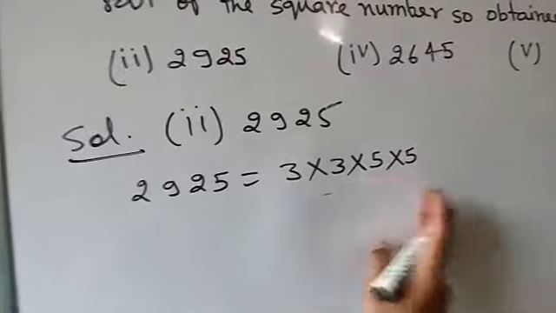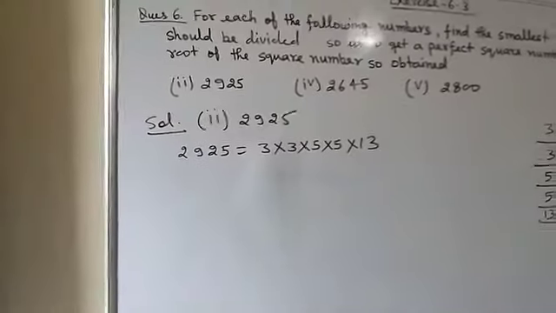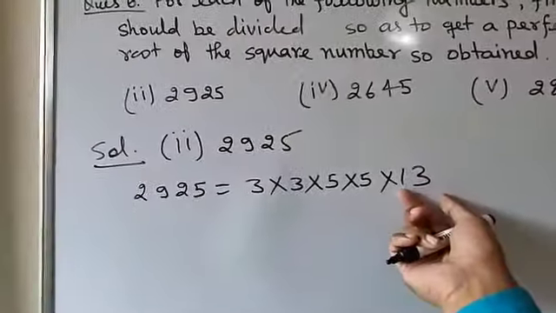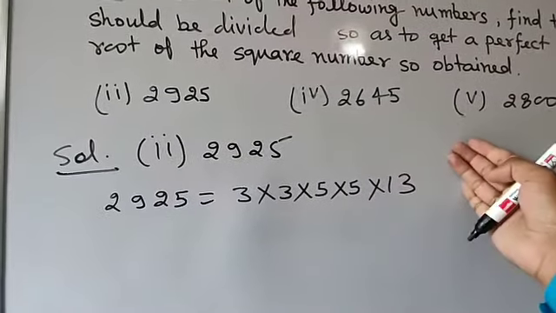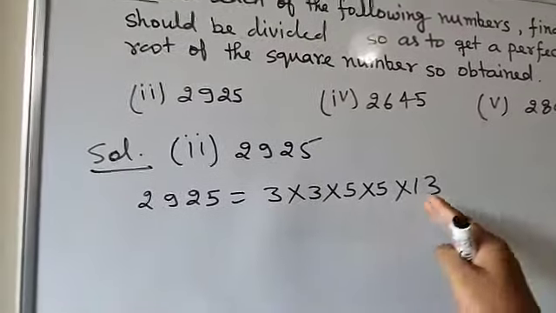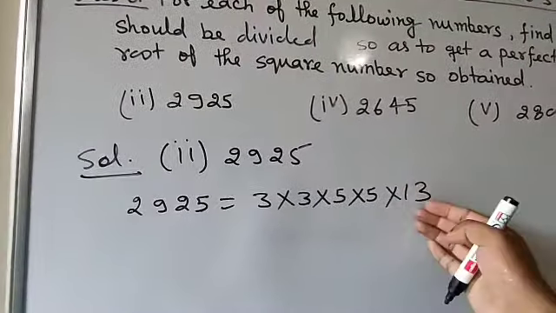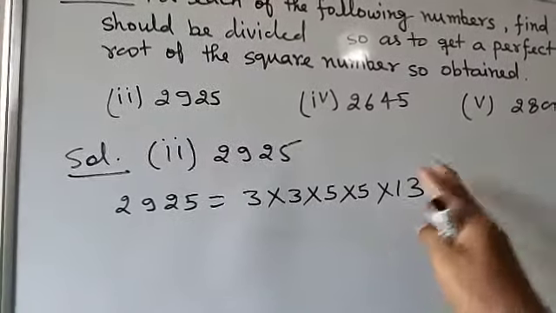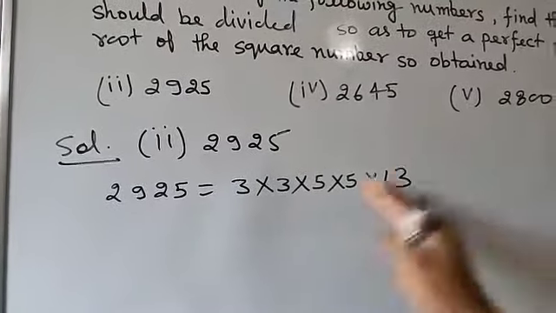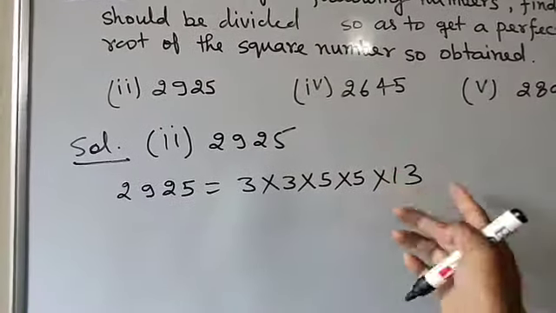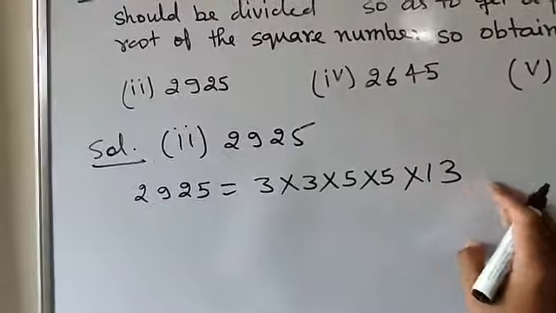And now the numbers will be in pairs. It means if you remove the 13, then again 13 is the only unpaired one. So either you put one more 13 here, or you remove that 13 to make the numbers in pairs. So in division and multiplication, the number will be the same. This number will be multiplied by 13 to get a perfect square, as well as divided by 13 to get a perfect square. So your answer will be that number which is not in a pair. So here the answer will be 13.